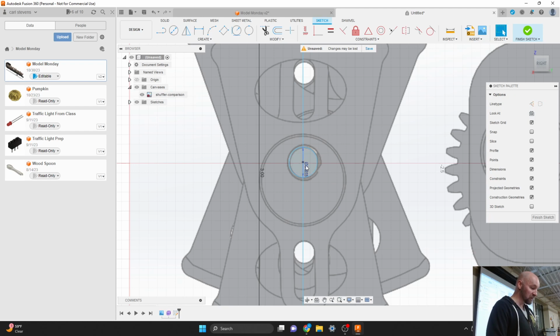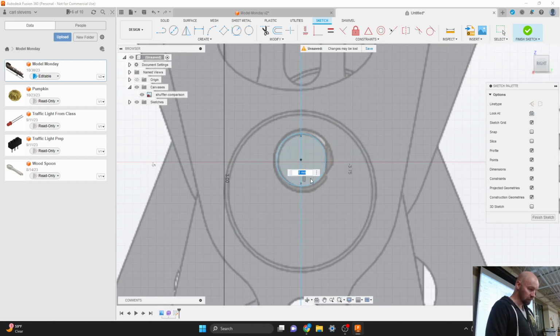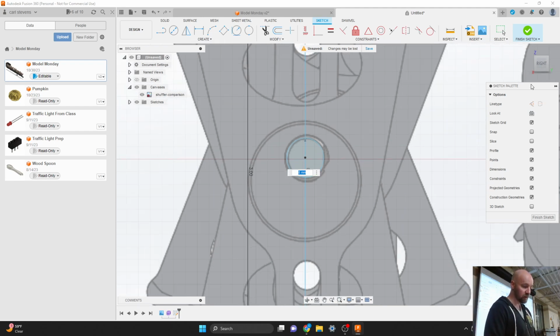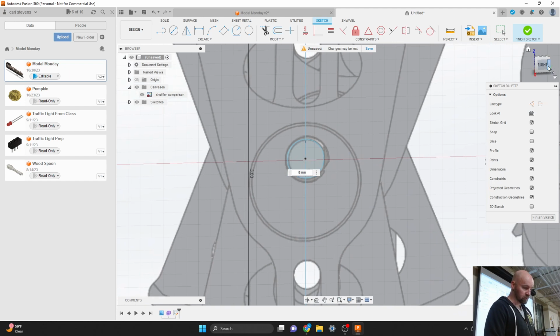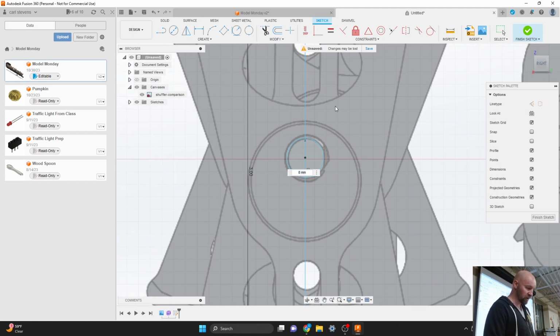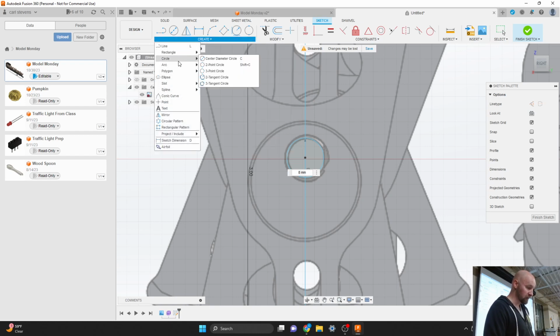I made mine 8 millimeters, because that seemed like it was pretty close to the size that it is right there, and because it's easy to find an 8 millimeter bolt that I can stick through and have that be the rigid part of our cam. And now let's make this other circle, which probably is centered. That's my guess here. So if I make another center diameter circle,